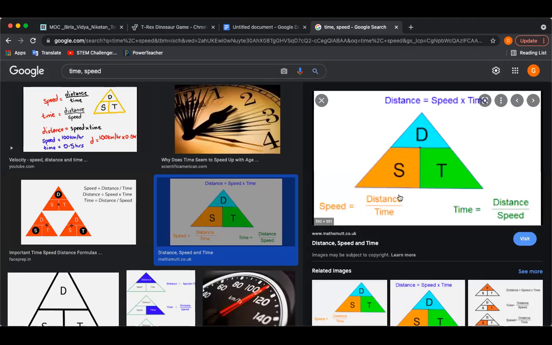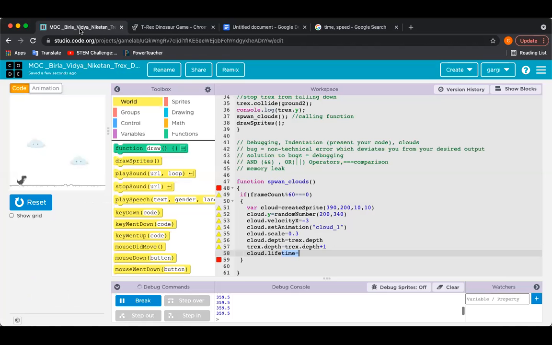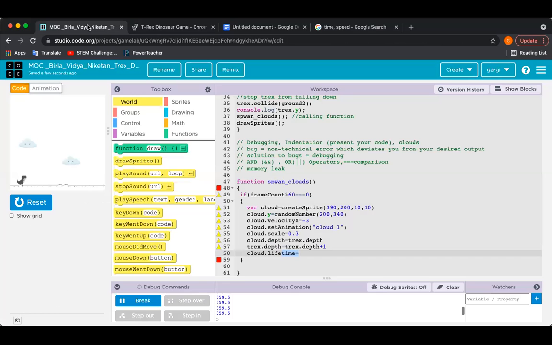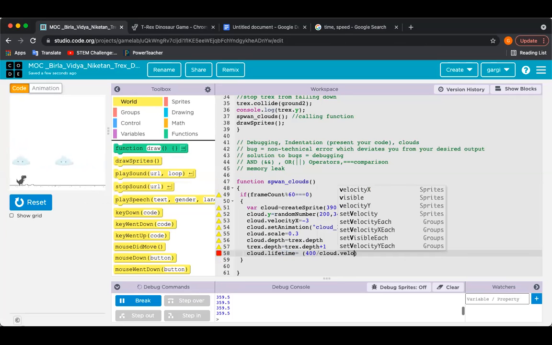So you can use this formula. Your distance is 400. Speed we have given, I guess, is -3. So you can calculate the time: 400 divided by 3. So your time is going to be, you can just write, 400 divided by cloud.velocityX.